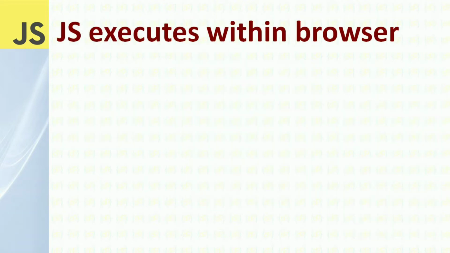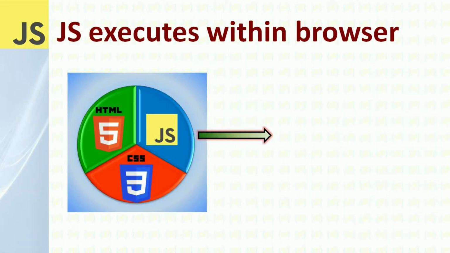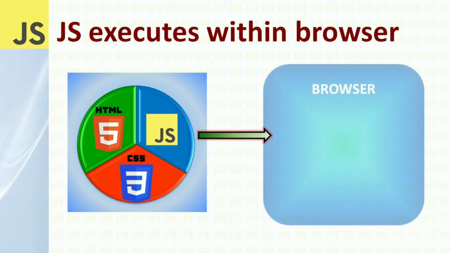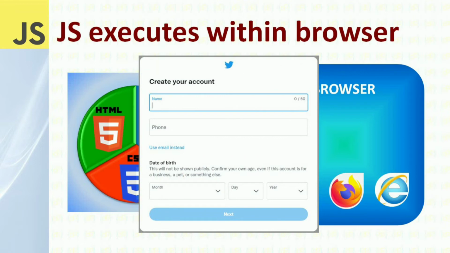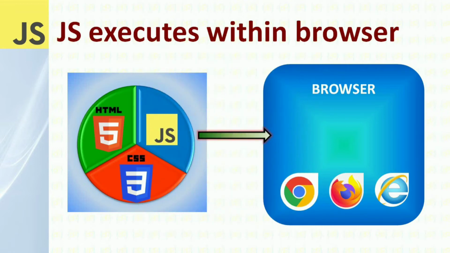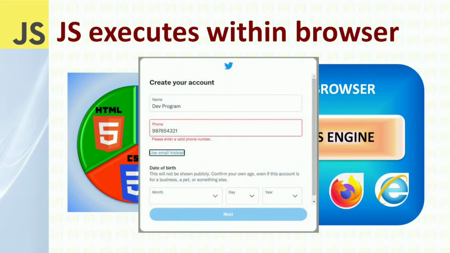If a web page is opened in a browser, the browser will process the HTML and CSS in the web page and display them in the user interface. JavaScript code will have event handlers for the web page and it will be running in the JavaScript engine of the browser. When the user interacts with the web page, JavaScript will create dynamic content or effects based on user action.